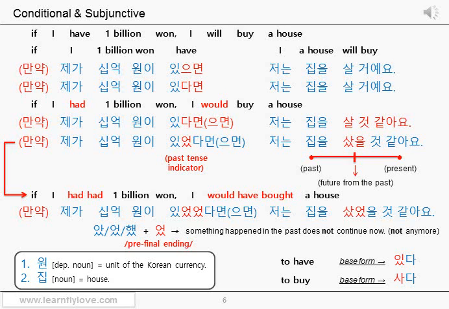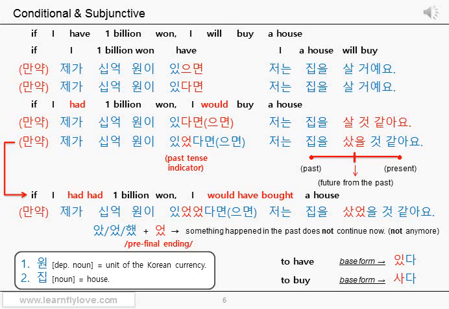There's no use for the meaning anymore with the pre-final ending 었, but it can still emphasize the fact that you would have done it in the past. Again, the pre-final ending 었 is used in Korean normally to indicate that something that happened in the past is not happening at the present moment anymore, or something which is different now compared to the past. Therefore, it doesn't really affect the actual tense of the sentence, but it can still emphasize the past tense. So you can say that it also emphasizes that there was no real possibility. Please keep that in mind and let's learn more about this pre-final ending again very soon.